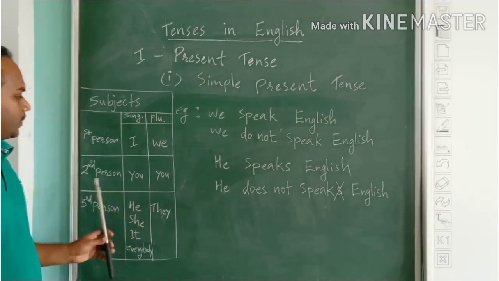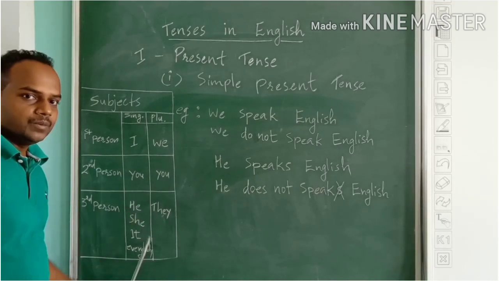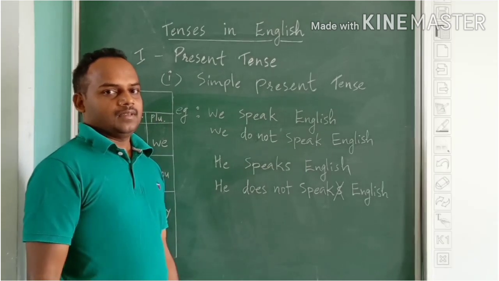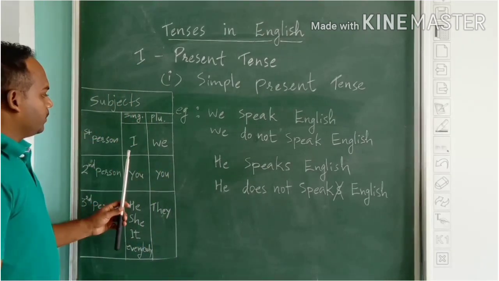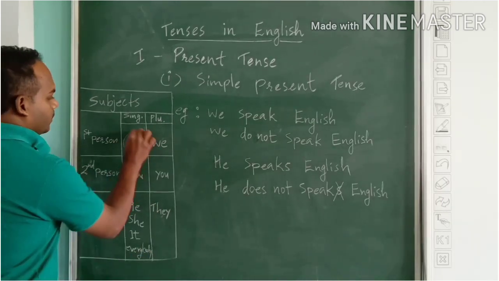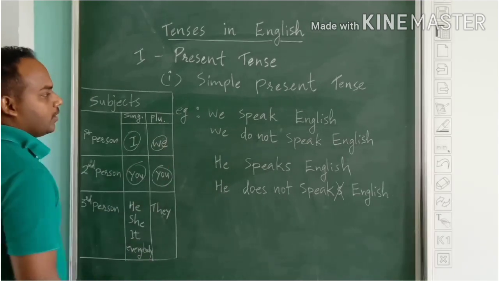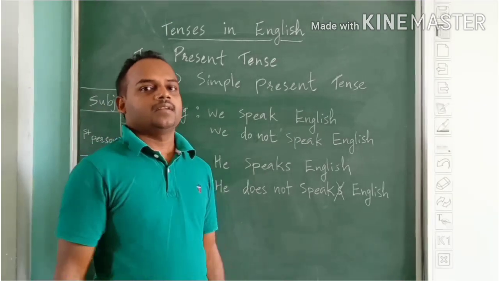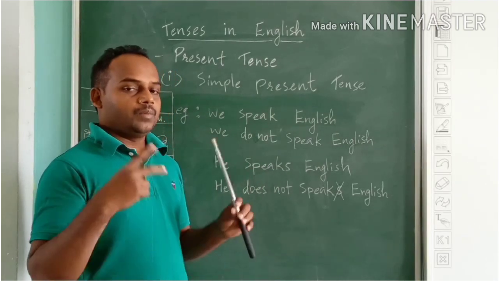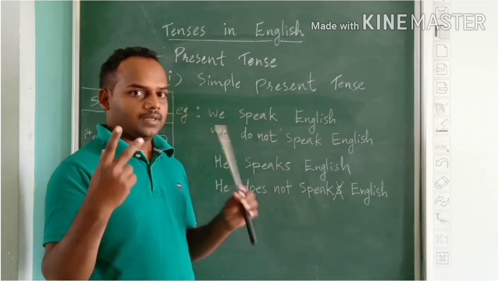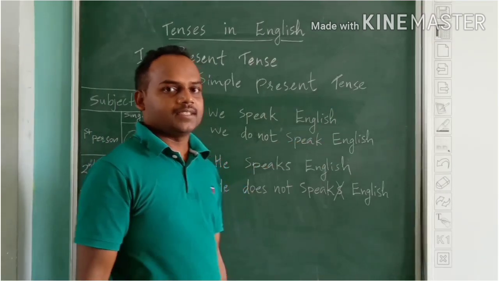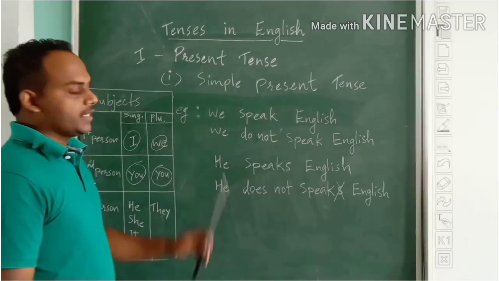The first person, second person, and third person we use as a subject in our English sentences. And when we use first person and second person, we have to use the plural form of the verb. What do we have to use? Plural form of the verb. Let's check it in detail with the help of simple present tense. Ready? For example,